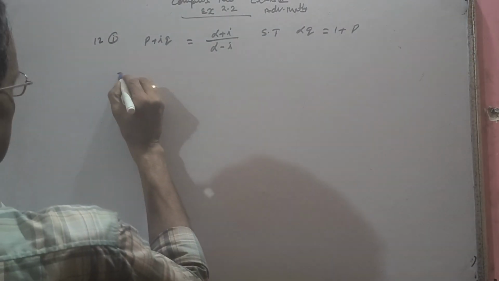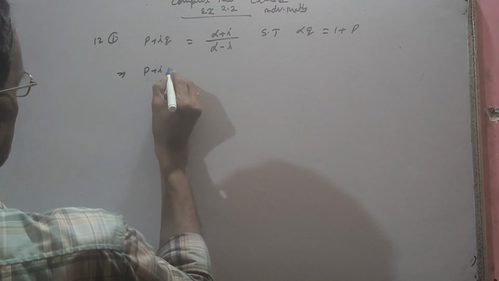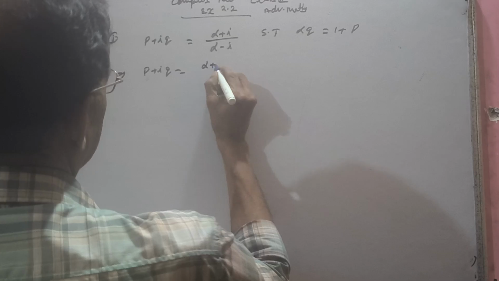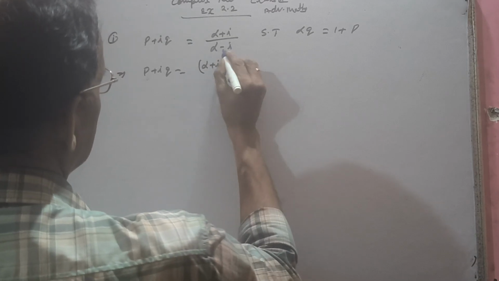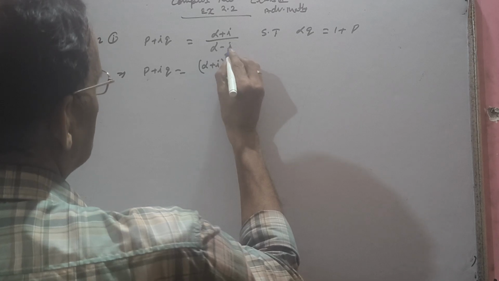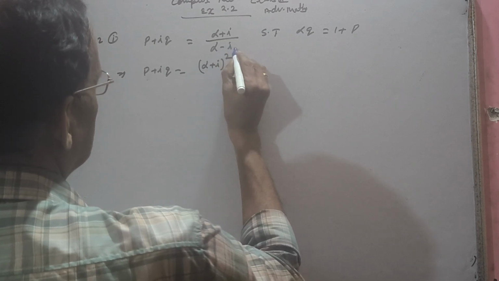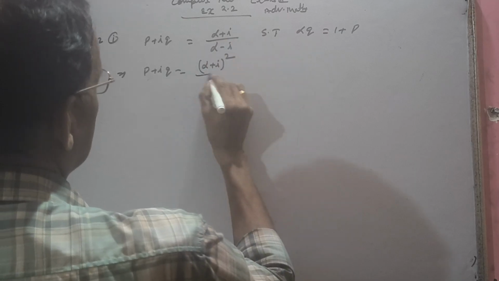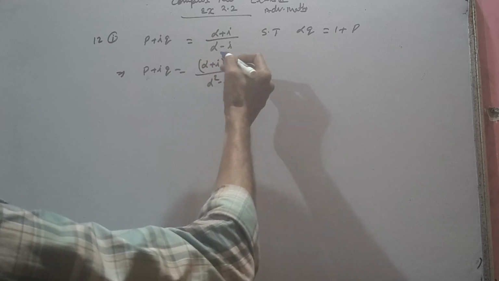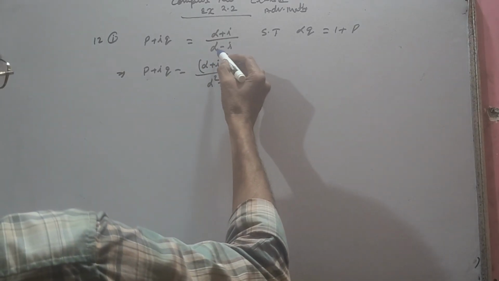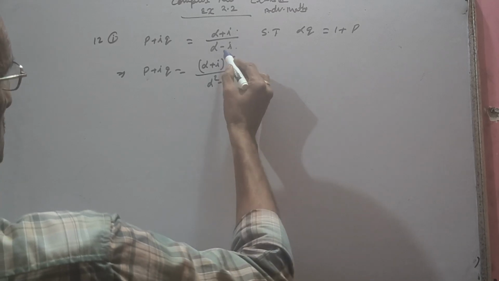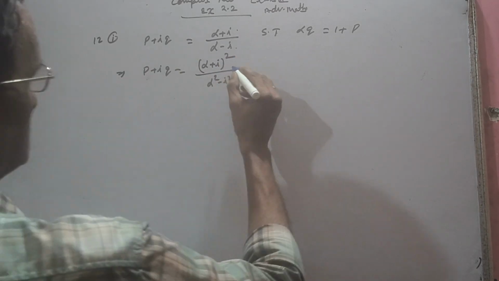Okay, so first you simplify it. P plus iQ is equal to (alpha plus i) by (alpha minus i). We will make the denominator real, so we will multiply by alpha plus i, because the denominator is alpha minus i, no? So same thing, whole square, and here it will be alpha square minus i square. To make the denominator real, it is required to multiply by alpha plus i here also and here also. This will be whole square, and this will be a square minus b square.